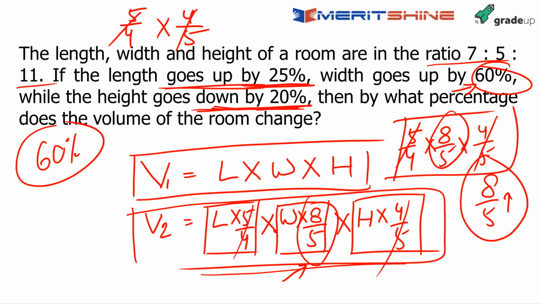So had this width change been, width goes down by let's say 19.2%, 19.2 you do not know what the reciprocal is. The answer becomes: if width goes down by 19.2%, the volume goes down by 19.2%. Very simple. There is nothing else to do here. This is it in the question. So anybody else who used any other approach should remember this.